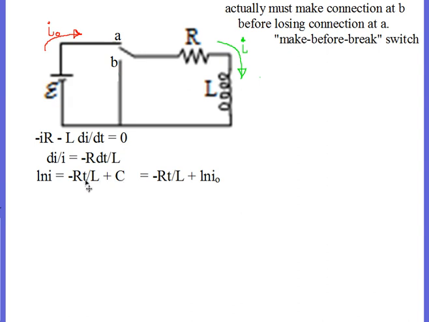And if you're at time 0, if t is equal to 0, then the current should be I0. So C is equal to the natural logarithm of I0, and so I have replaced this with this. Then